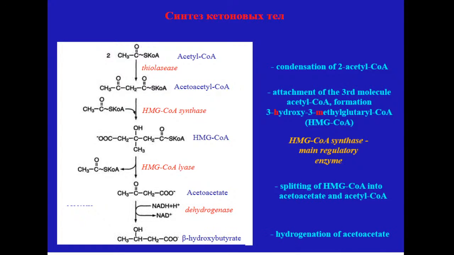So next stage, we said that normally this synthesis of ketone bodies will be done mainly in excess of acetyl-CoA, which is a result of fatty acid oxidation. If you remember, during fatty acid oxidation, each step of splitting of a long chain fatty acid and cutting off acetyl-CoA, this cycle, this cutting, is accompanied with the formation of FADH2 and NADH2.